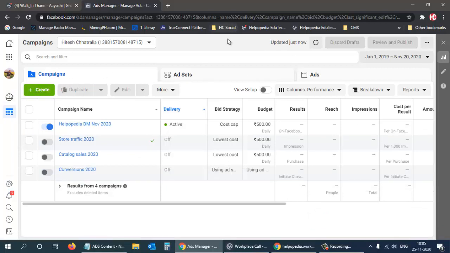But like I said, the most running ads are lead generation ads, because over there we get a lot of leads for different types of requirements. We can get leads for our businesses, we can get leads for courses. Like I am using leads for getting students for joining my courses. So that is what we have. If you have any questions, you can let me know, or else we can continue with the next module.